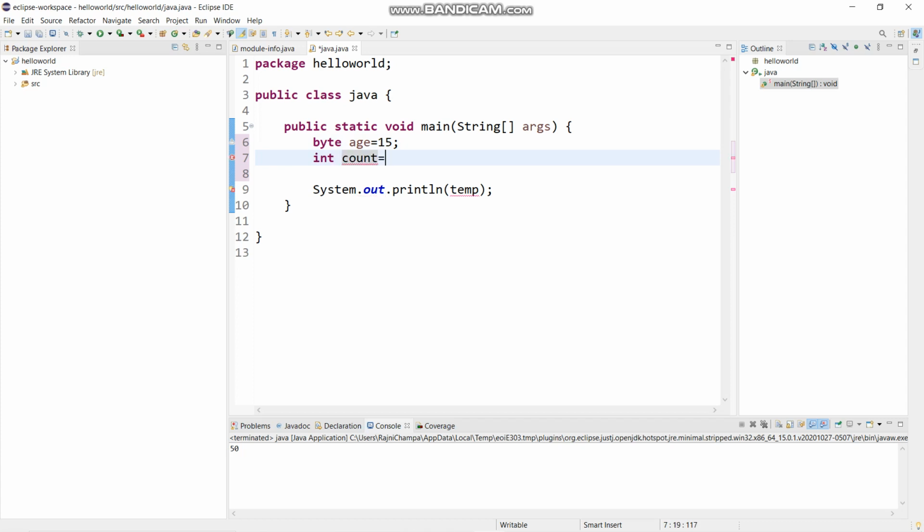Now if we are initializing a variable that is count, we can initialize it by int. I just want to show you how much memory it can provide. So we are taking this much bigger number, 1 2 3 4 5 6 7 8 9, and then if we